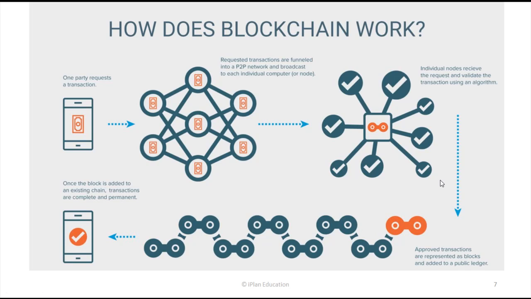They also check whether the person has money in his account or not, because every transaction is on the public ledger. You don't know the name of the person, but you have the public key and the private key. Once they find it is legitimate, they approve the transaction, represented as a block, and this block is added to the public ledger. Once the block is added, you cannot edit anything, and this block is now a permanent record in the blockchain, connected with the previous block. The person receives the money, the block is added to the chain, and nobody can alter it.